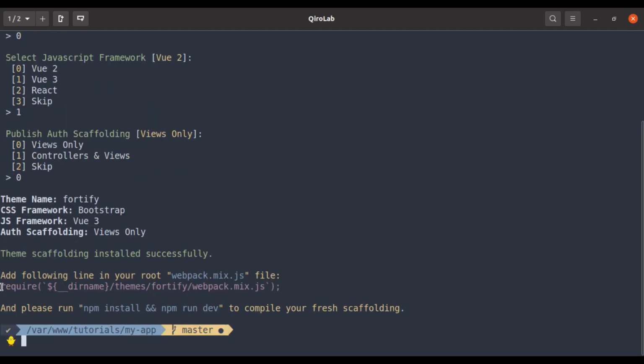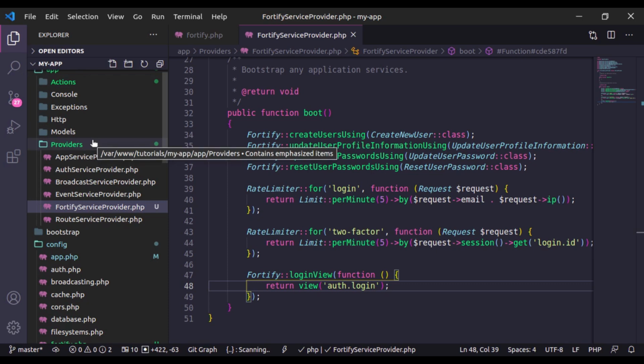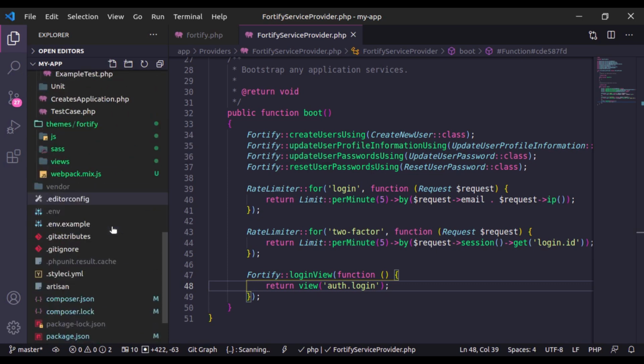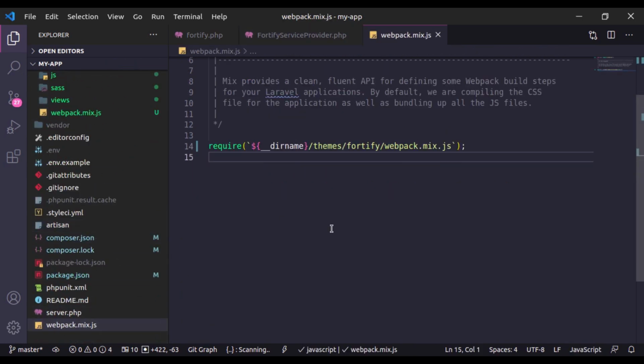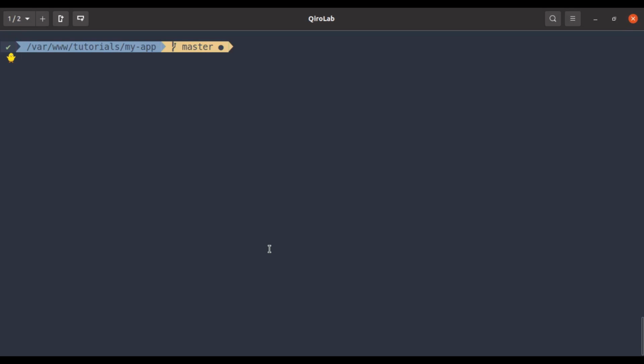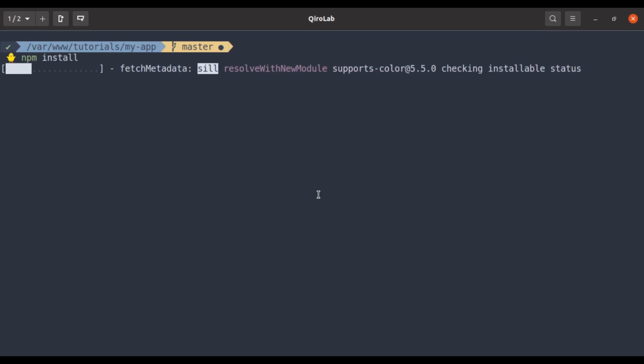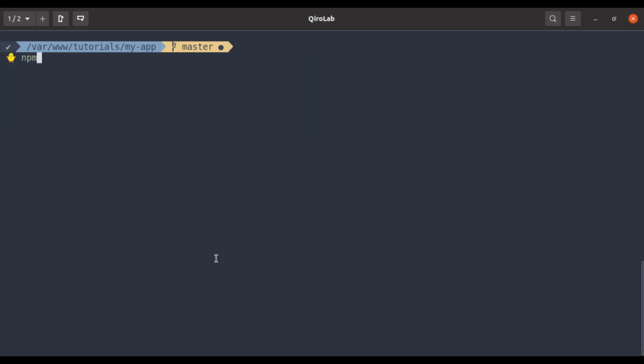It is done. Now let's copy this and paste it in the root webpack.mix file right here. It is done. So now in the terminal we can run npm install. Now let's run npm run dev.